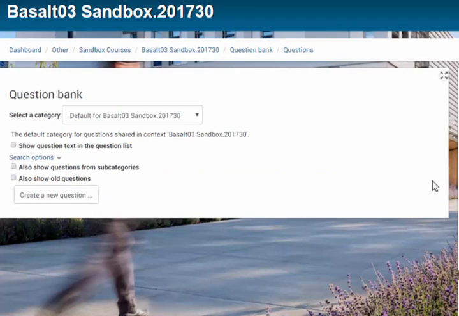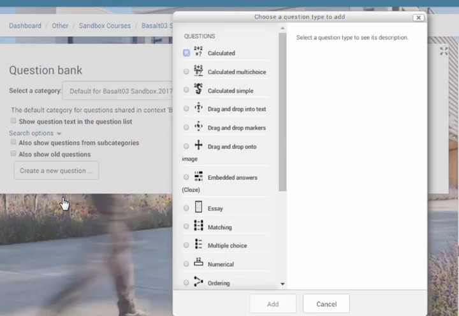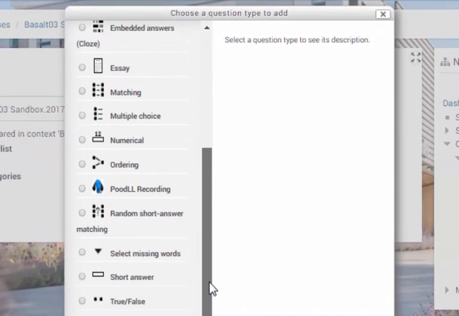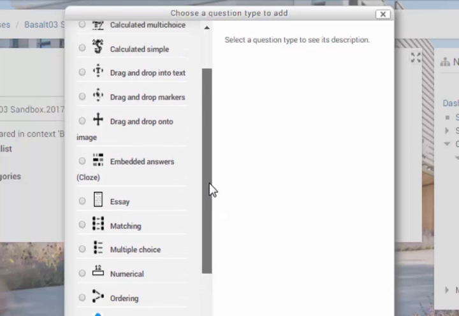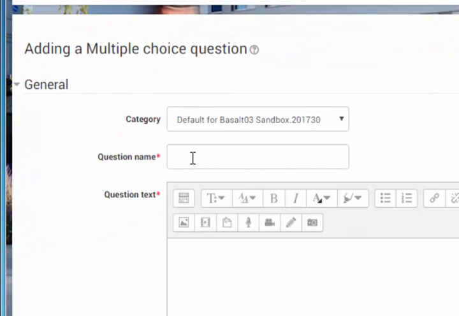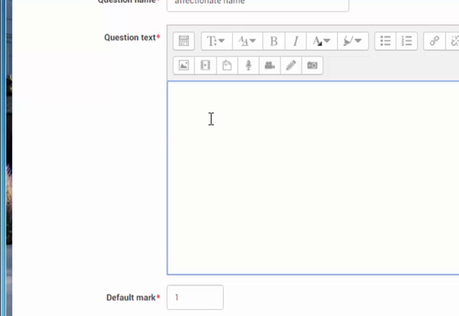So I clicked on Question Bank. I'm going to create a new question. Here's all the question types you can use. Now, I'm going to be lazy and I'm just going to create a multiple choice question. This is creating it manually. The question name: all the questions should have a unique, distinguishable name. I'm going to call this one affectionate name,